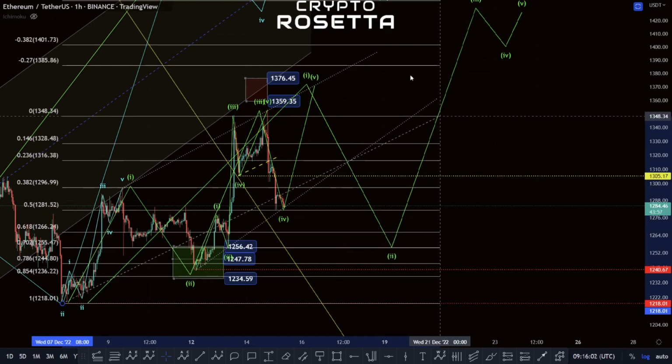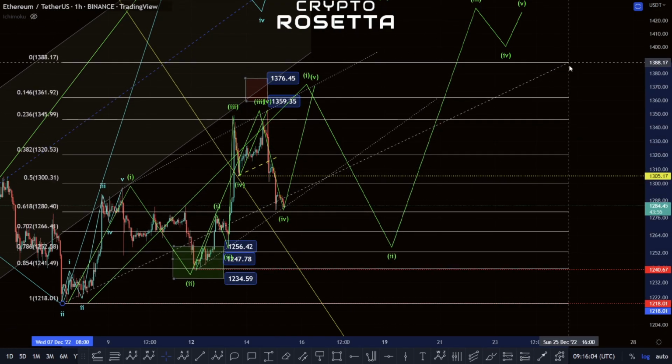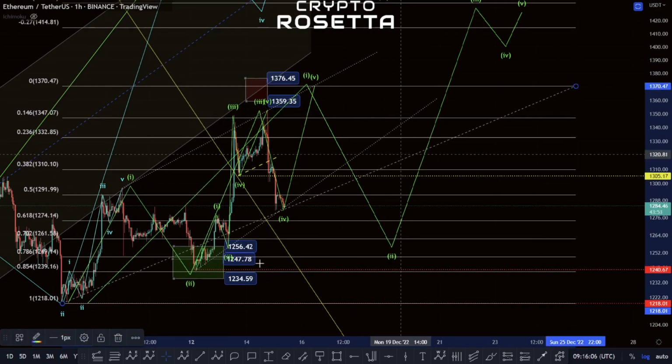Like I said, it depends exactly where this 5th wave ends, but if it does come up and test this trend line again, we could be looking for a retracement down into this 50% zone, to this 1249 area. So the 1291 to 1249 area. If, however, we don't manage to move back up here, we would need to watch this low point here, because